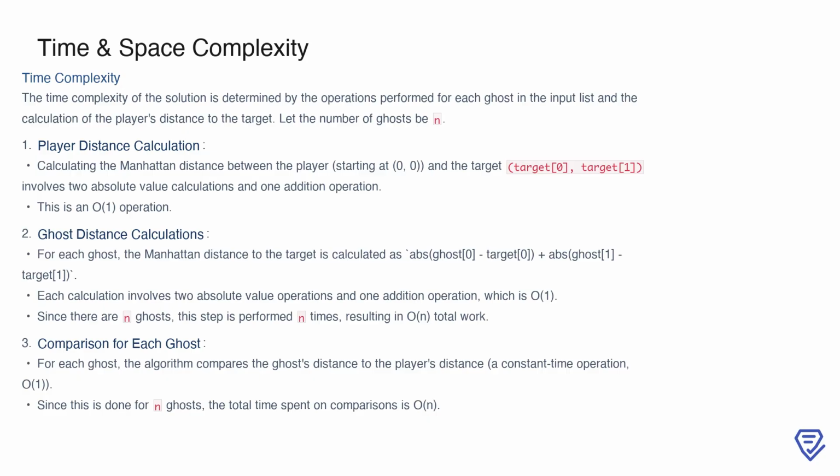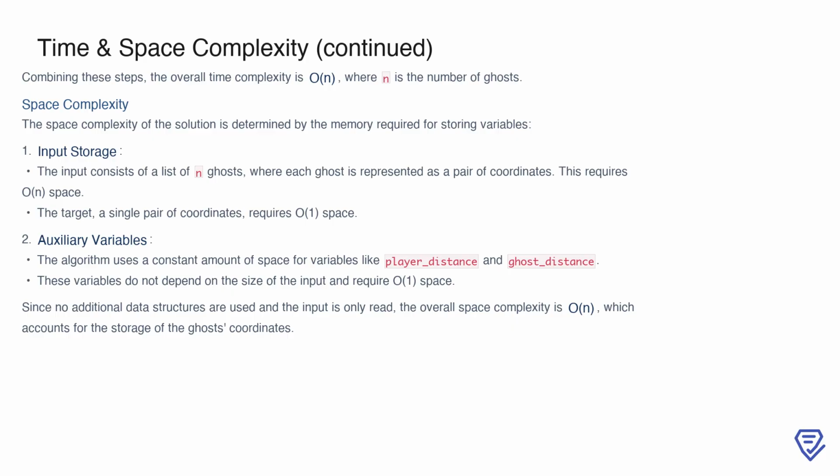calculations. Finally, the algorithm compares the player's distance to the target with each ghost's distance. Each comparison is a constant time operation, O(1), and repeating this for n ghosts results in O(n) time spent on comparisons. Together, these steps give us a clear picture of how the operations scale with the number of ghosts. When we combine what we've discussed, the overall time complexity of the solution is O(n), where n is the number